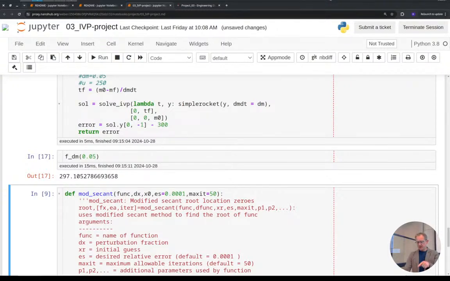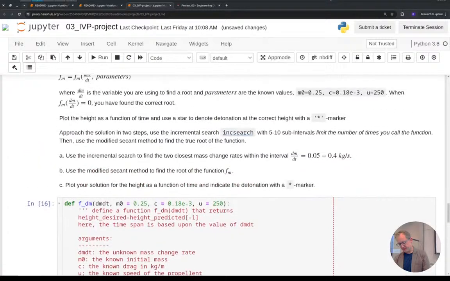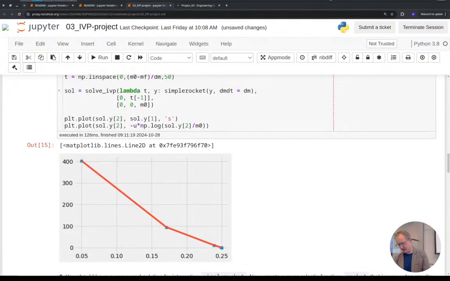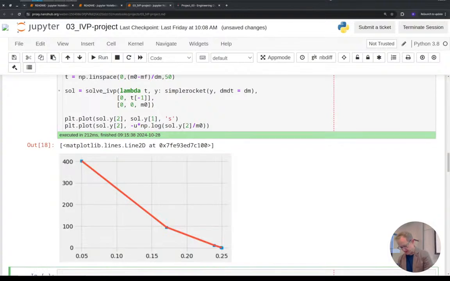And I get 297 meters. So that means that the height that I calculated at that time was 297 meters above 300. That's what I have so far. And if I go back up to this first solution that I was working on, I can double check that and say